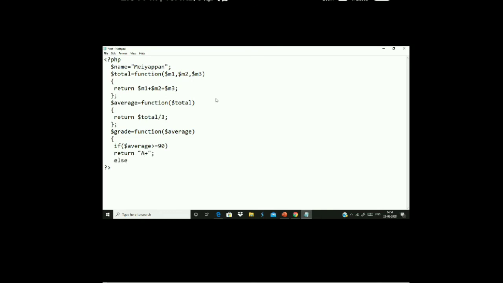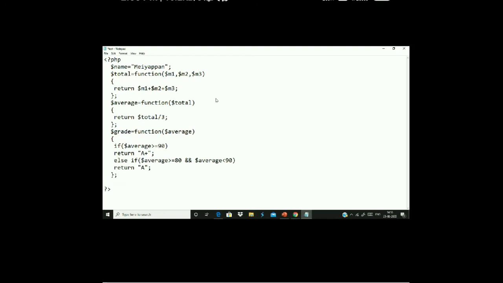Else if average is greater than or equal to 80 and average less than 90, then I should return A. So I have written only for 2 grades. The remaining things you can write on your own.